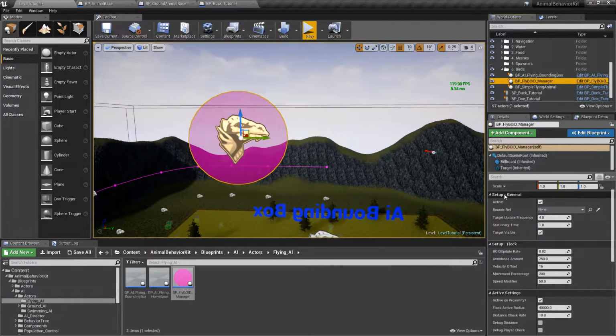So the first thing we'll see here is under Setup General, again, whether it's active or not, you have to select the bounds. We're going to select the same bounds here. We have target update frequency and stationary time. Again, this manager is going to pick a random target within the volume, and it'll start moving the target from its current location to the new location. And then when it gets to that location, it'll wait for, in this case, 1 second, and then it'll update the target again,